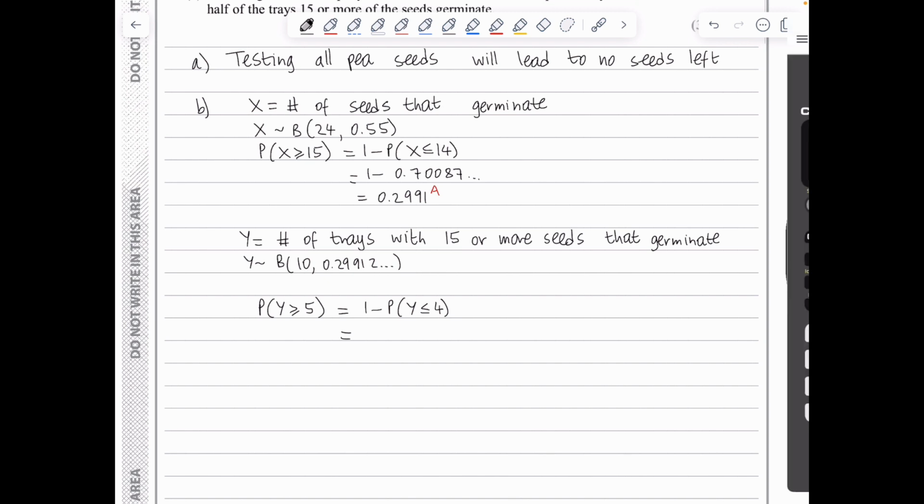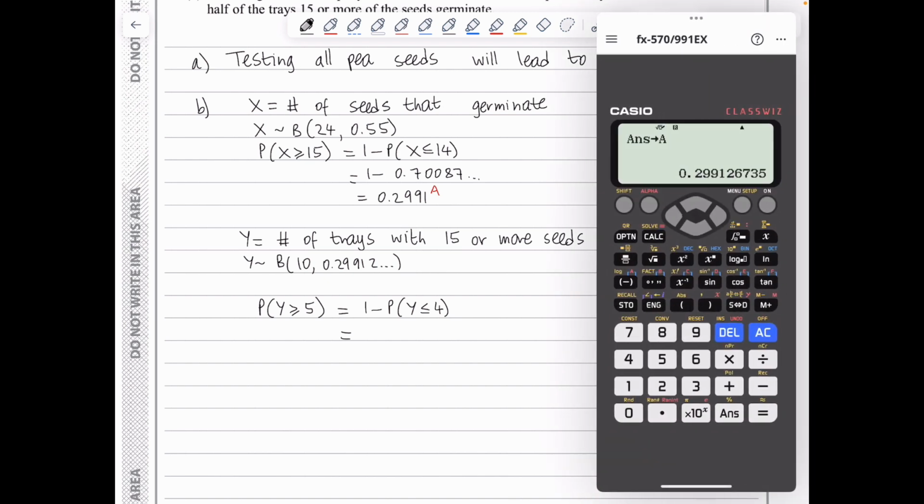So I'm going to go to my calculator once more. I'm going to press menu, 7. We go down to binomial CD. We choose variable. Our x is 4. Our n is 10. And our p is simply the value for A we've stored. There it is, the 0.2991. I press the equal sign. I get the 0.8512. So this is 1 minus 0.8512, which gives a final answer of